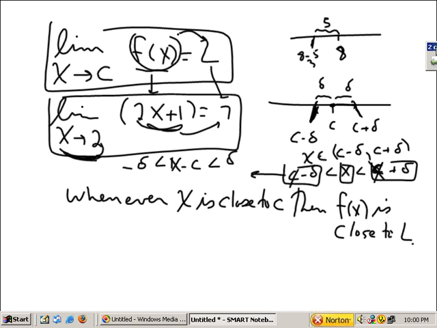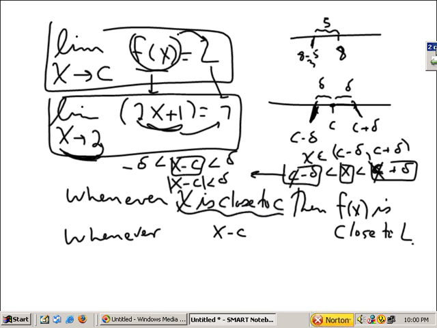But if this is in between plus or minus delta, we can say that the absolute value of x minus c is less than delta. That is, I'm going to keep the word whenever: whenever the absolute value of x minus c is less than delta, then